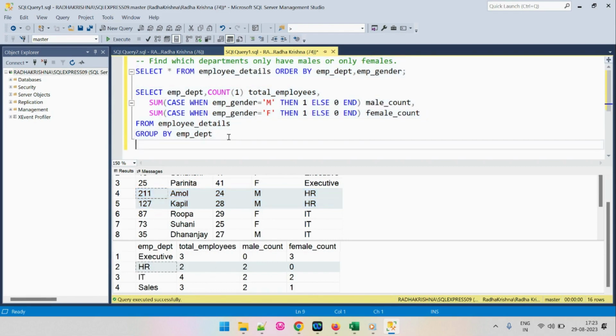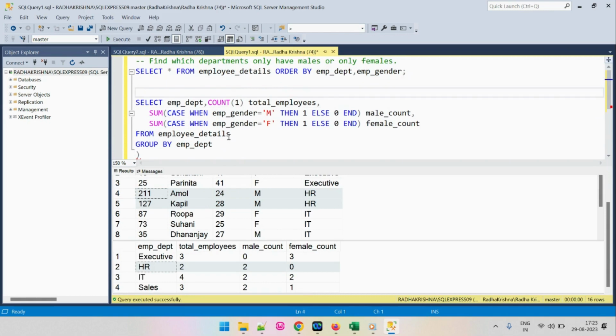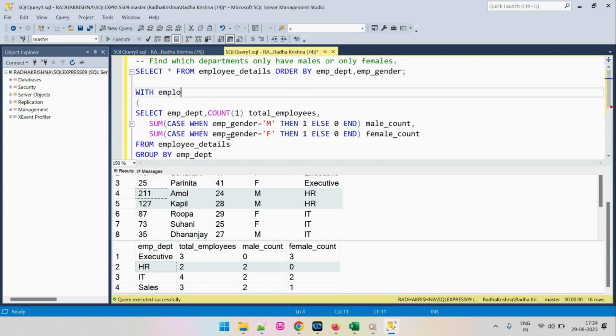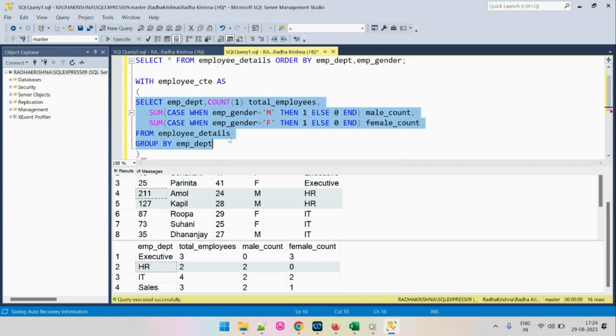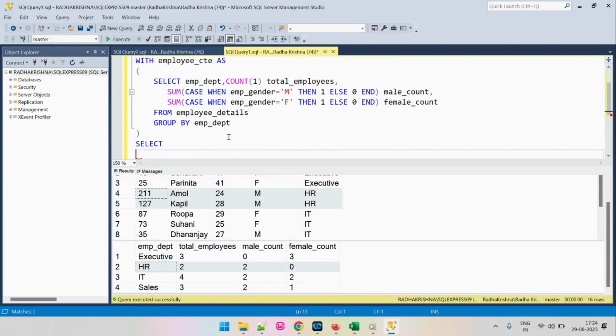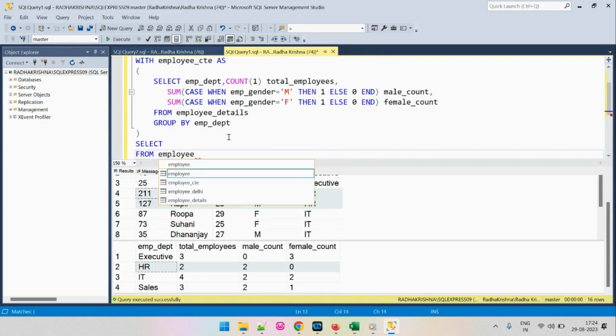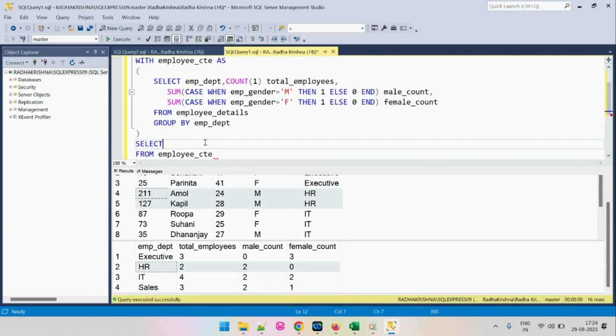So what we will do is let's add it as part of a CTE and let's call it employee CTE. Okay, now we will operate on this employee CTE. For every entry, we just have to do the comparison to identify whether a department is male dominant or female dominant, or there is no dominance. Okay, so we will check if the total employees